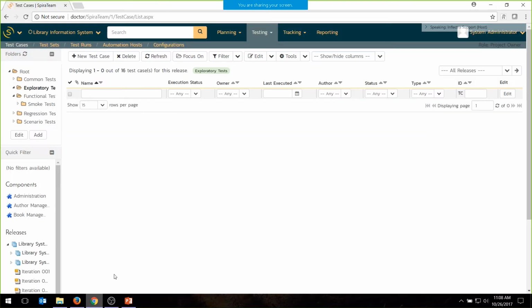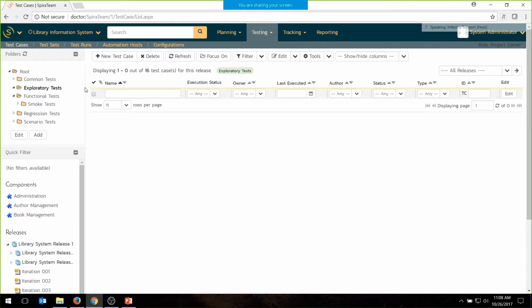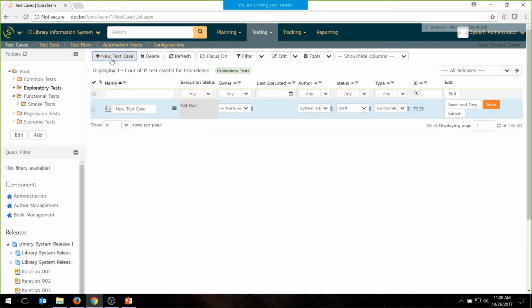So here is SpiraTeam, and I've actually taken the liberty of creating a new folder where we're going to put our test cases in, called Exploratory Testing. And what we'll do is create a new test case, and so far it's the same as you'll be familiar with. We create a test case, and by default it comes in as a new test case, owner, author, status, and so on. Now what we'll do though is we'll give it the name Exploring Login Page,